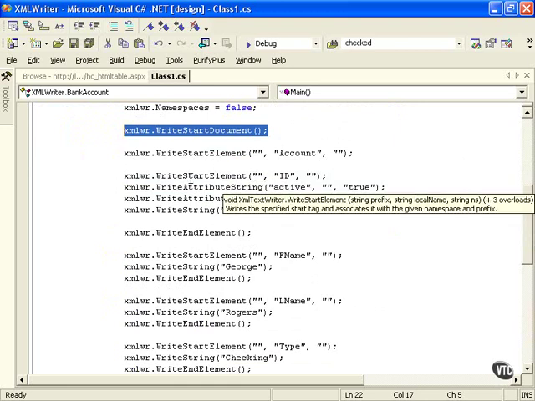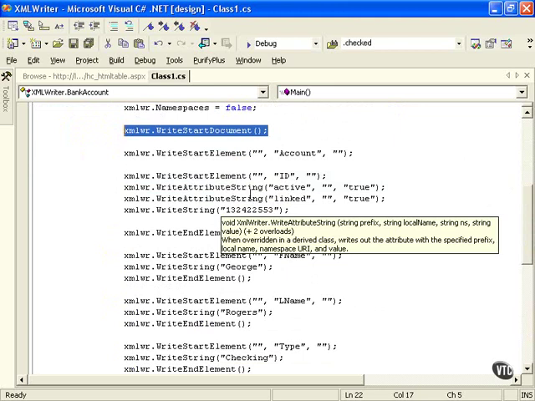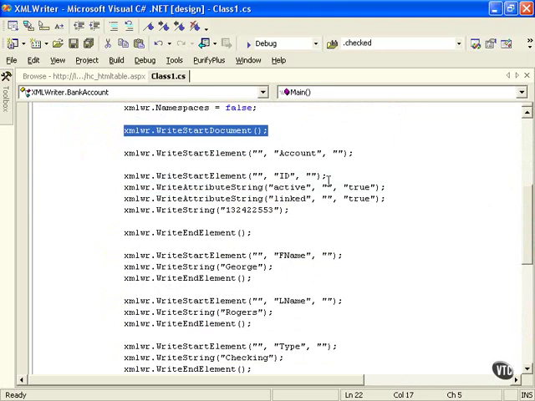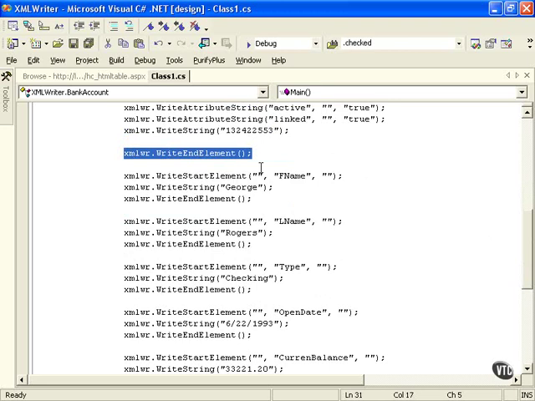So then we're going to specify our start element, as you can see here. Give that name here without any namespaces, so just the quotes for the ID in quotes. You can write attributes by writing attribute string, and I recommend using the attributes quite a lot. You're going to put the double quotes in there for your namespace again. We're not going to be placing our namespaces here. We're not going to worry about it, so just double quote. And the value here, which should be true for both of these. It could be false, whatever you want. And then we're going to write the value of our particular node here for that element. And then we're going to write our end element here. This is going to close that out,